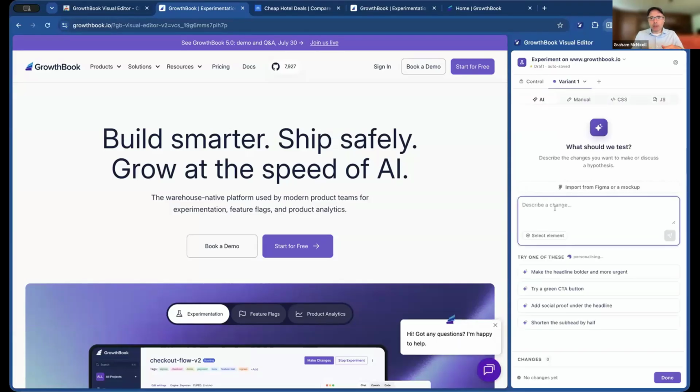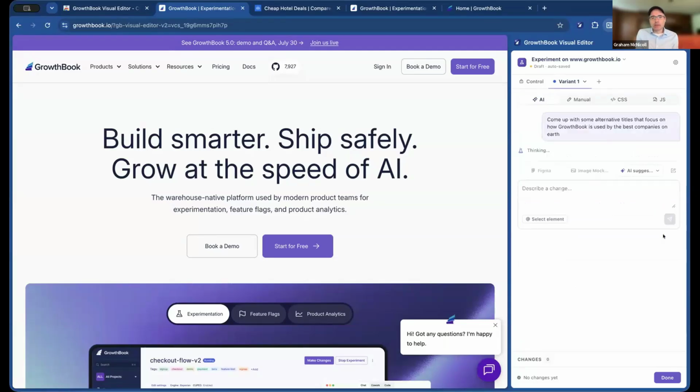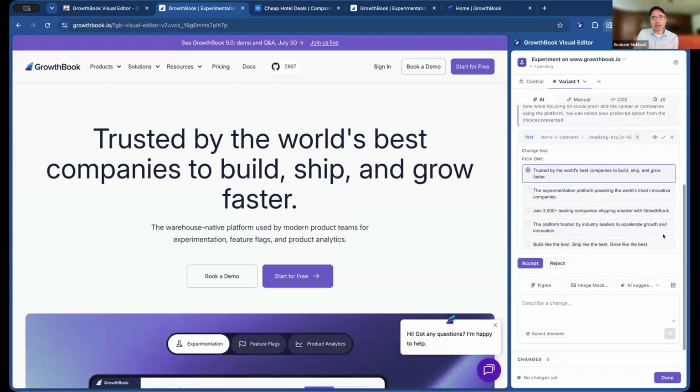And now we can just describe what we want. So let's say, come up with some alternative titles that focus on how GrowthBook is used by the best companies on earth. Yeah, so that's going to send your request. It's also going to send some context about the page that you're on and apply some of the learning, some of the things that we have from previous experiments, and then use that to give you some smarter